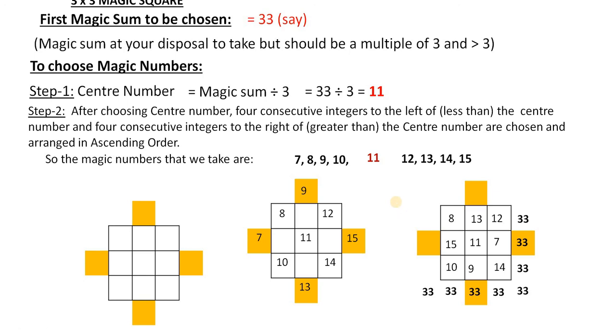You have learned how to form a 3 by 3 magic square. In the next video we will see the framing of a 4 by 4 magic square. Until then, take some examples and practice yourself, and surprise your friends, your neighborhood friends and your parents. Tell them that you are competent, but do not show them how you do it. You only ask for the magic sum. Tell them the condition for how it should be. Afterwards you just fill in. After filling in the complete square, you show them: this is the way I have done it.